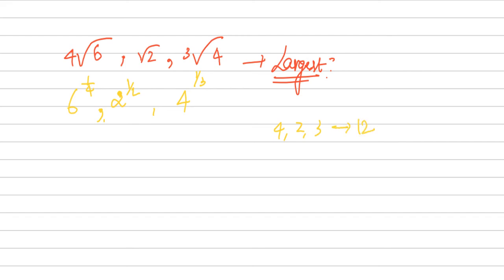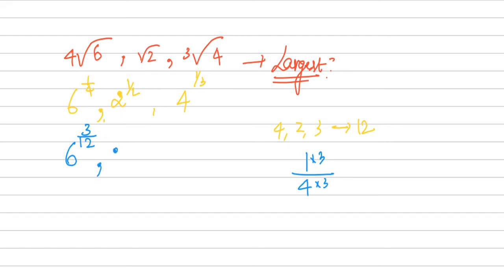Alright. So now what I'm going to do, I'm going to convert all the powers' denominators to 12, so that I can compare them easily. So now I write 3 to the power 1 over 4. I have 1 over 4. If I want to convert this denominator to 12, I need to multiply both numerator and denominator with 3. So I will get 3 by 12. So 3 by 12 is the equivalent fraction of 1 over 4.